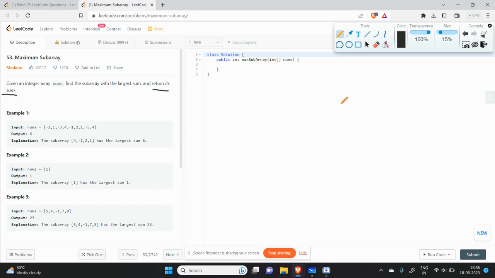For example, for this input, the maximum sum subarray is this one, that is clearly highlighted here and mentioned here also. It's 4, minus 2, 2, 1. The minus will cancel out, and 4 plus 2 is 6, and that is the maximum subarray. Okay, so for this array there could be a number of subarrays. For example, even this one is a subarray, this one is a subarray, even this entire one is a subarray. So for any array of size n,